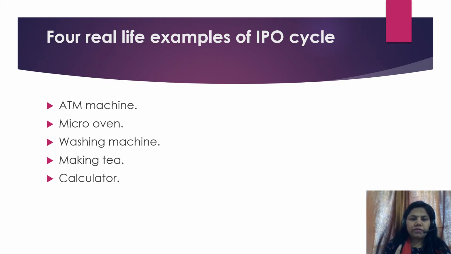As soon as we turn on the switch, the machine starts rotating, which means it starts functioning or processing, and after some time, say half an hour, the clothes are washed and you get the clean clothes from the washing machine. So this is how the washing machine works. Here also the IPO cycle applies. So these are real life examples of